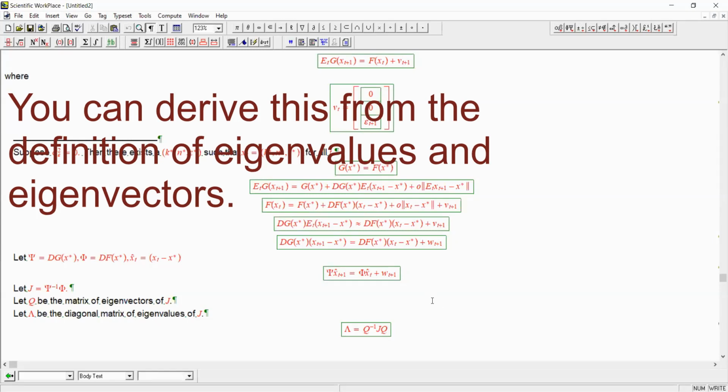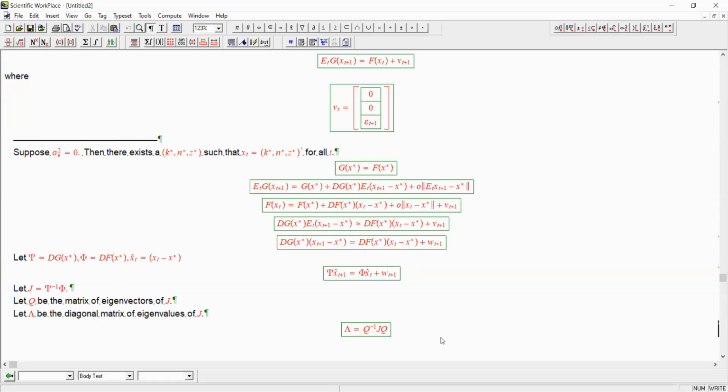And now we're going to use that to manipulate this difference equation